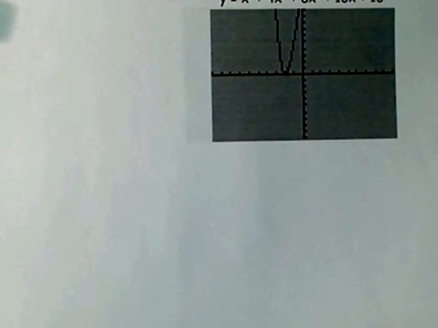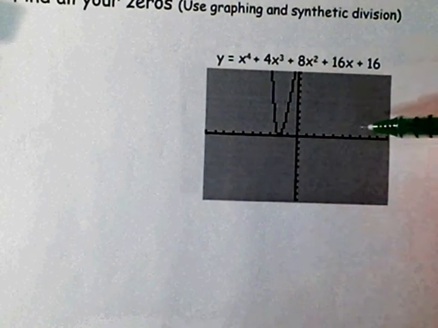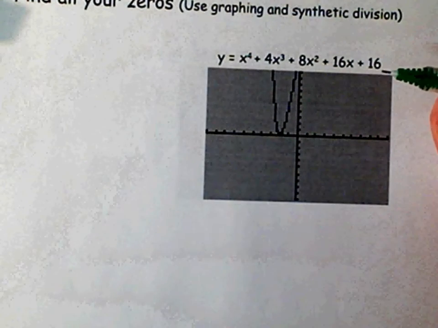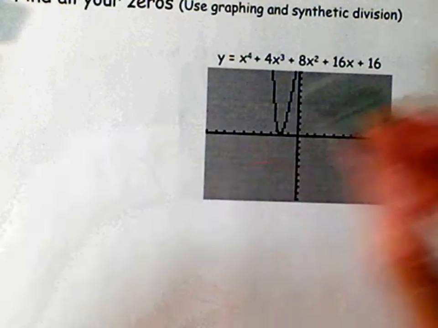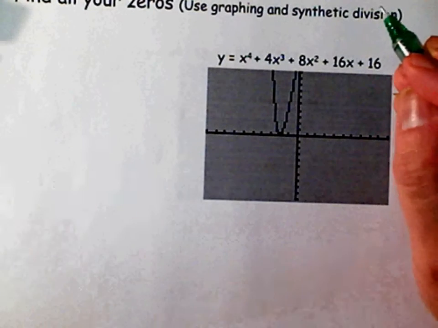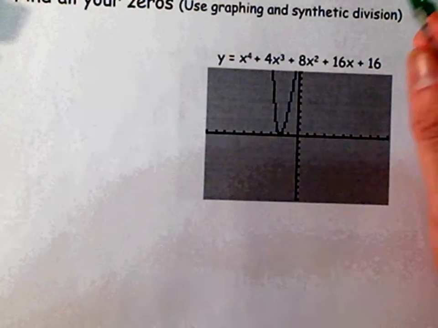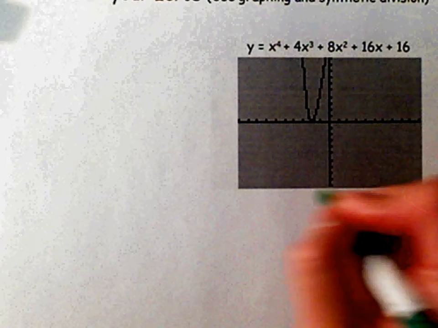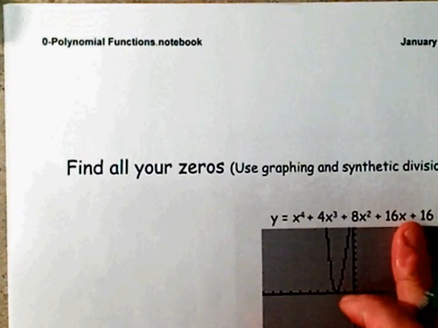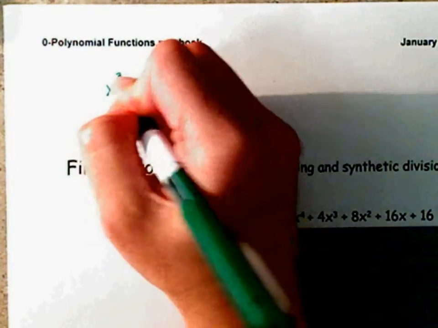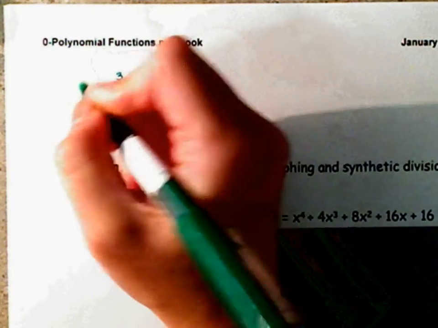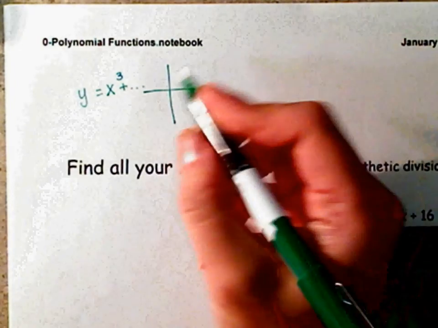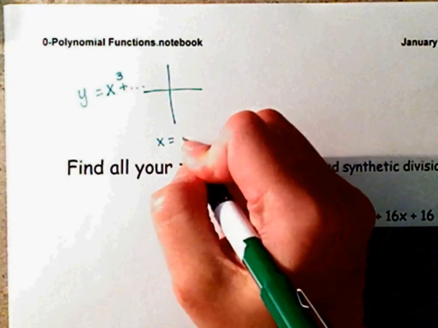Okay, now I want you guys to notice how this one has a bounce. And when there's a bounce, you're probably going to have 2 answers, okay? So just a little things. I'm going to go back to Algebra 1 real quickly to let you guys kind of remember some things, all right? Say, for example, if you have x to the 3rd, okay? So y equals x to the 3rd plus something, something, something. All right. If your answer came out to be such as 2, 4, and 6,